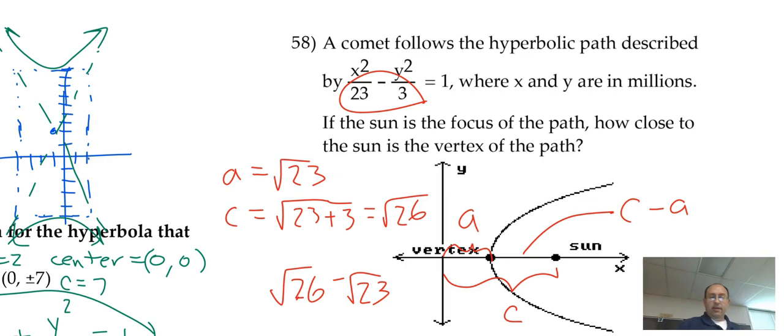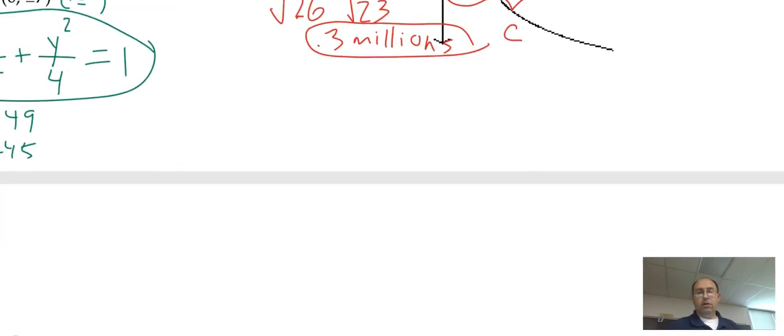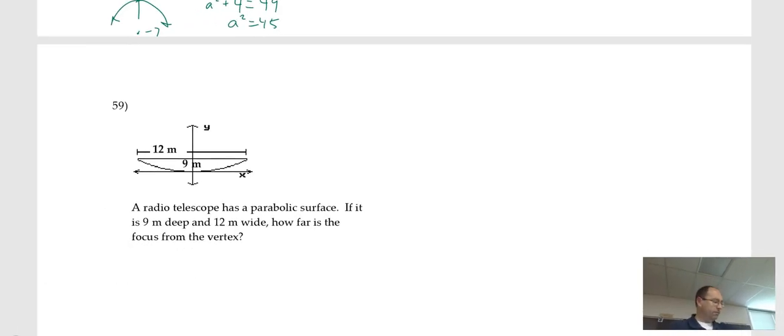And they say, so it ends up being like 0.3, and of course this is in millions, right? So that's why it says millions on the answer sheet. Okay? Should just type it on a calculator just to verify. Square root 26 minus square root 23. Yep, 0.3. Okay, we're good there. All right, and so